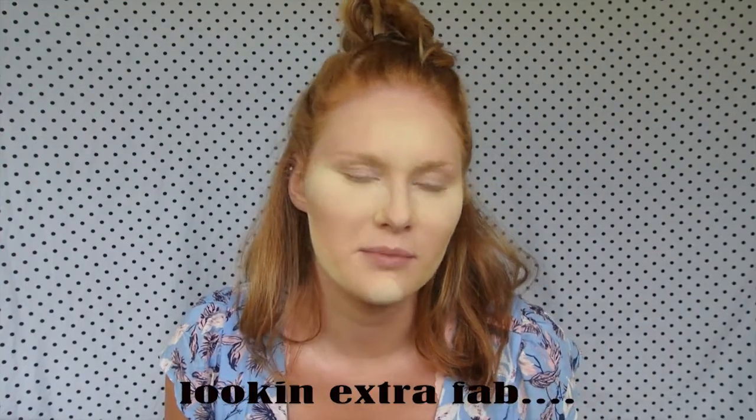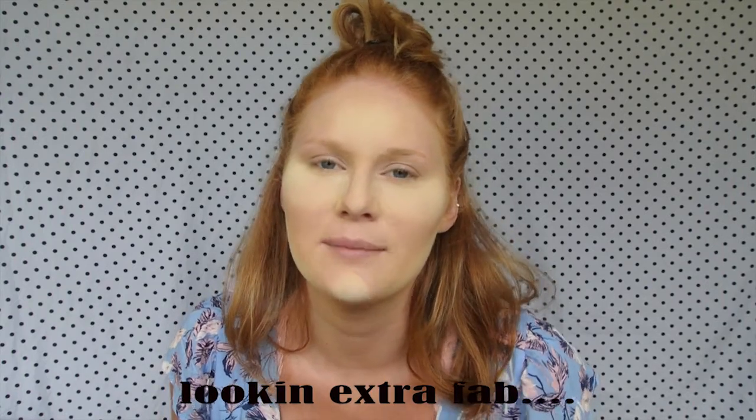Okay, now I have my face bake on. I just used my beauty blender to apply that while it was damp, and I used my Ben Nye powder, and I applied it everywhere that I did my concealer. And now while that's setting into the face, because you do need to let it set for 5 or so minutes,